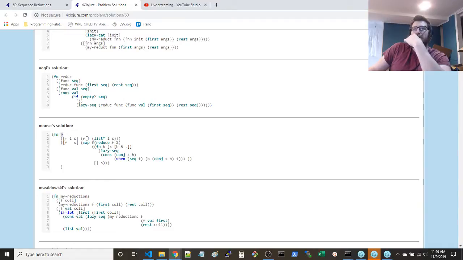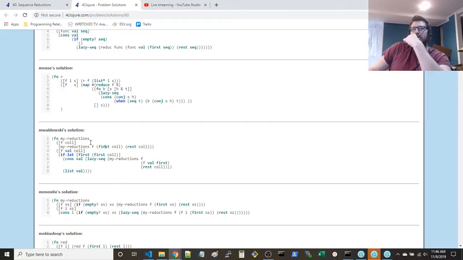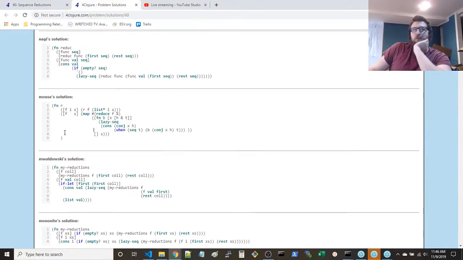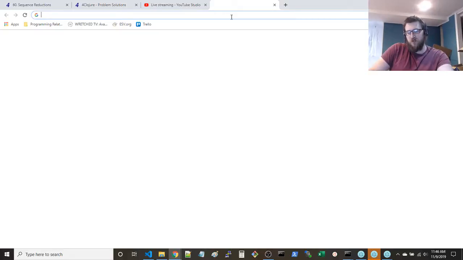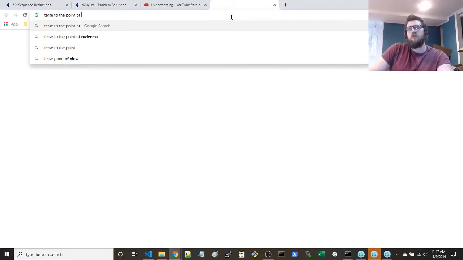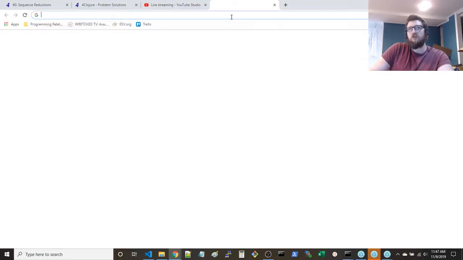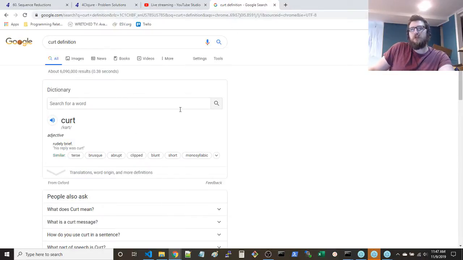I wouldn't recommend naming a function R. Seems a little too terse. Brevity is the goal here, but there's a certain point when it's terse to the point of curt. Rudely brief.